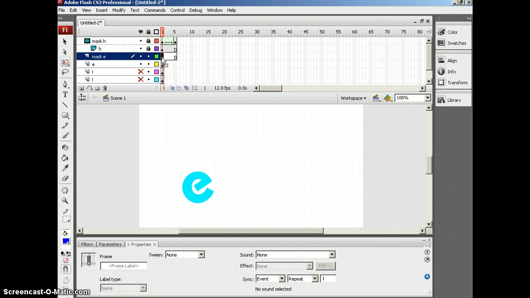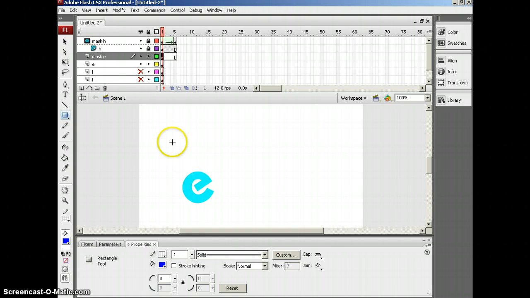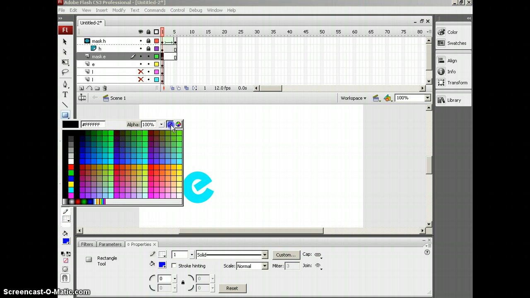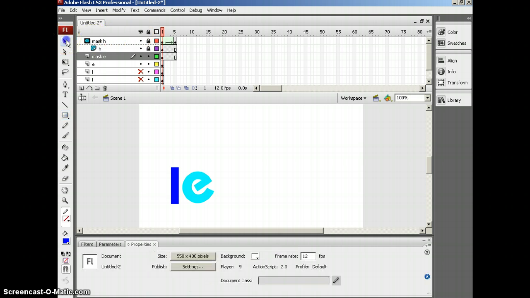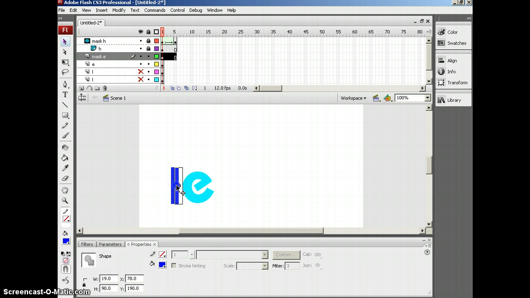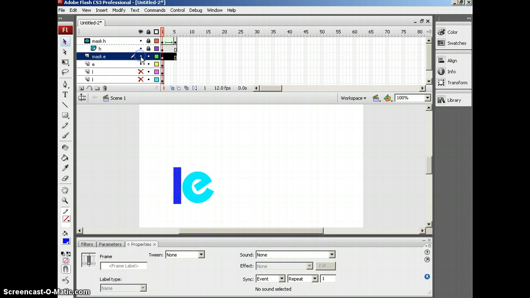So I'm going to go back to frame 1. And I'm going to take a rectangle. Now, the H had a rectangle at the top. I'm going to change it up. And first I'm going to remove that stroke. Don't forget to remove that stroke. And then I'm going to go ahead and drag that out. I'm going to move it a little bit closer. Okay. I'm going to make sure that was done in my mask E layer by turning on and off, and sure enough it was. Now I'm going to go to the 5th frame, highlight it,